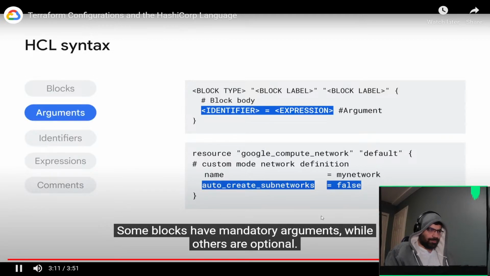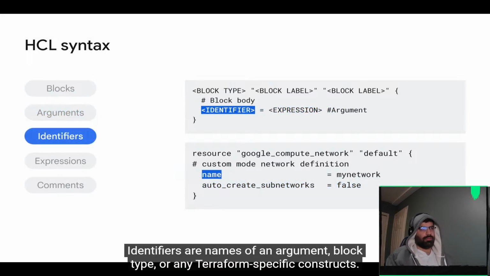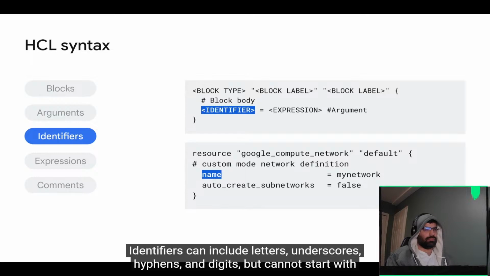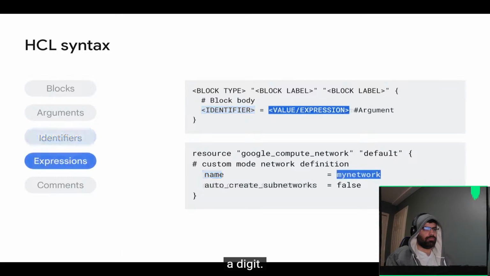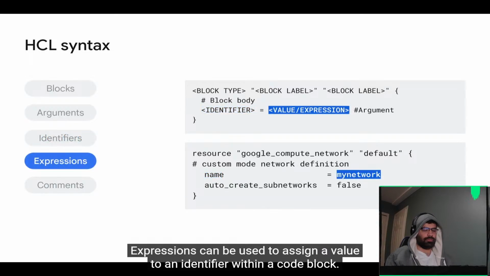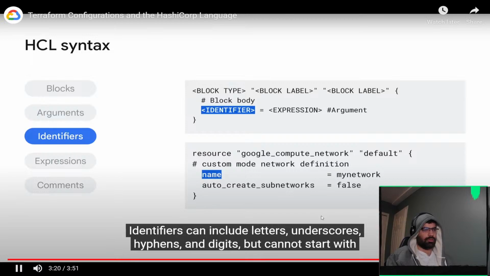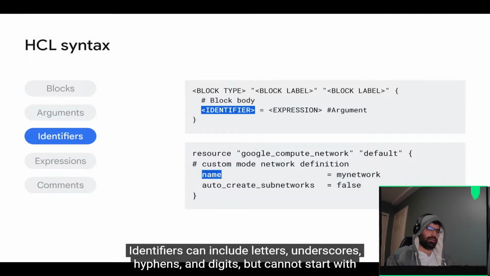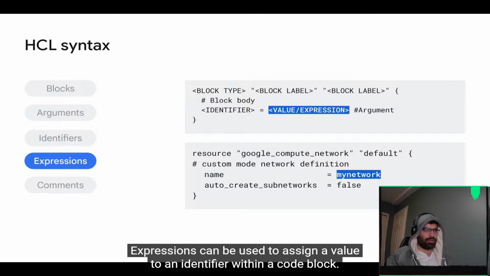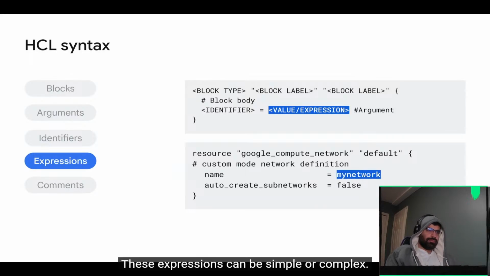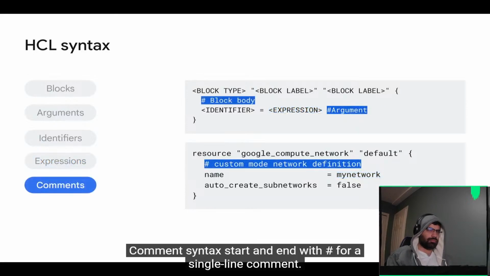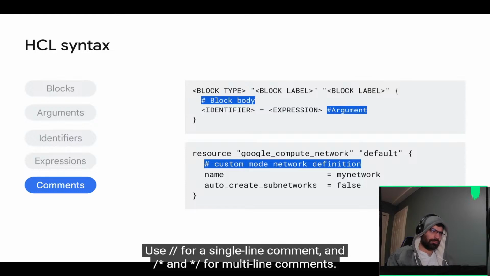Some blocks have mandatory arguments while others are optional. Identifiers are names of an argument, block type, and any Terraform specific constructs. Identifiers can include letters, underscores, hyphens, and digits, but cannot start with a digit. Expressions can be used to assign a value to an identifier within a code block. These expressions can be simple or complex. Comment syntax starts and ends with a hash for a single line comment. Remember,